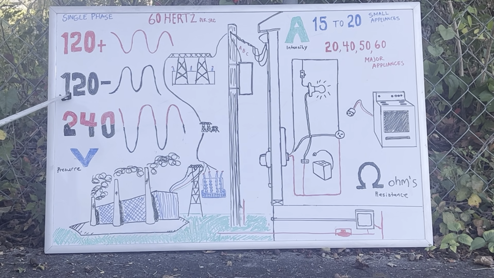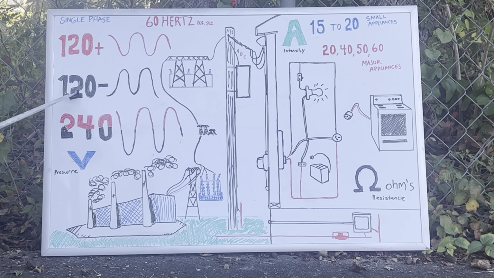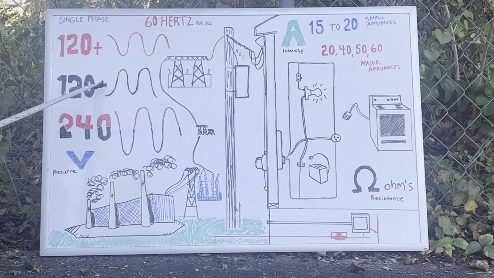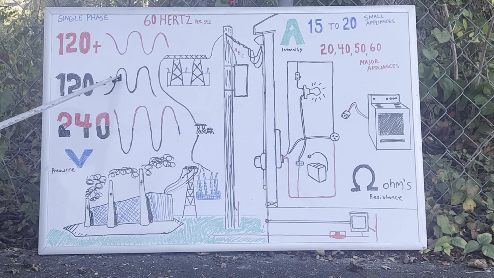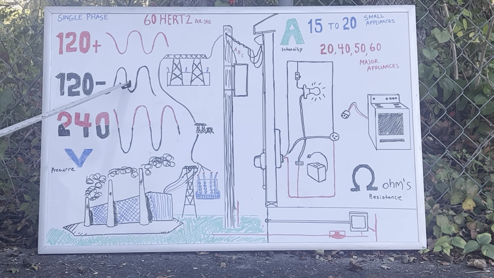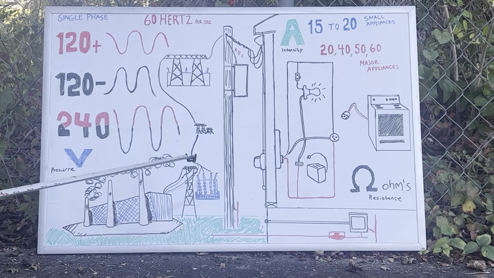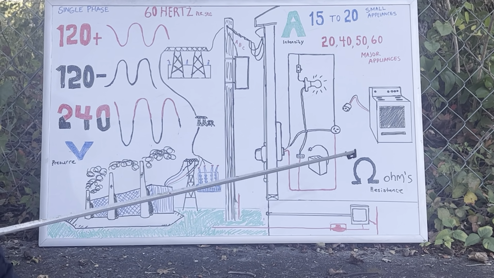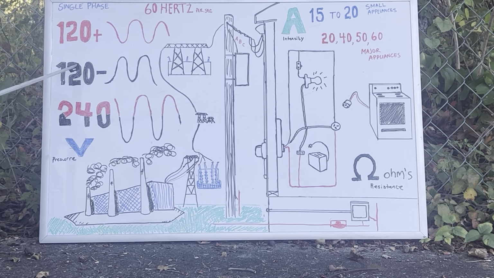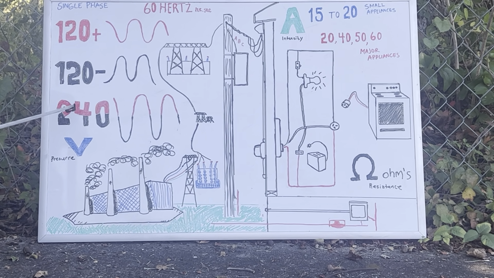Now look at this. This is the other 120 I've got. This is 120 negative. But on this sine wave, it starts at the bottom or the trough and comes up to the peak, then comes back down. Okay, that's one cycle. Now usually you're dealing with alternating current, 120. Also, when these two are put together, they create 240